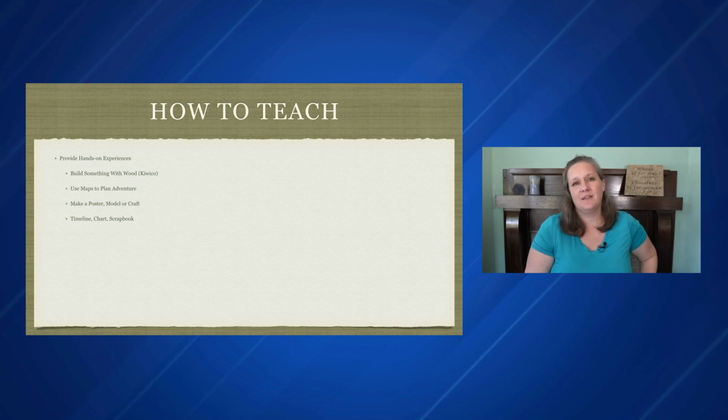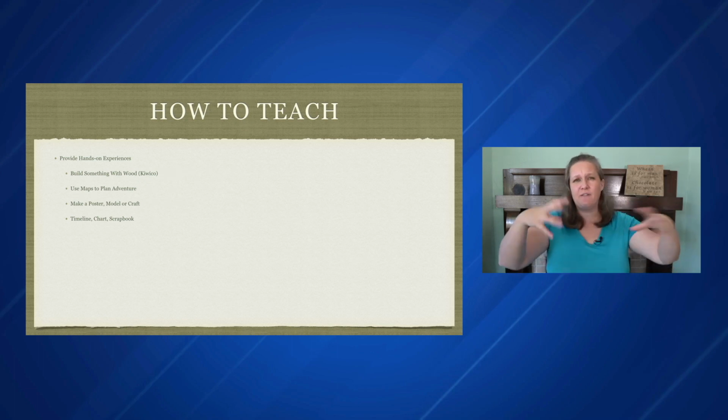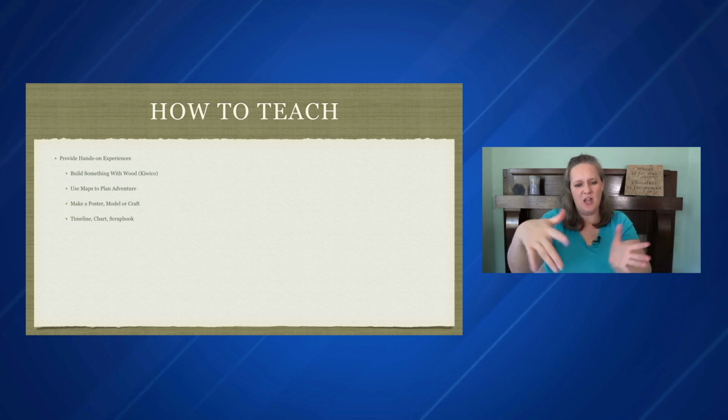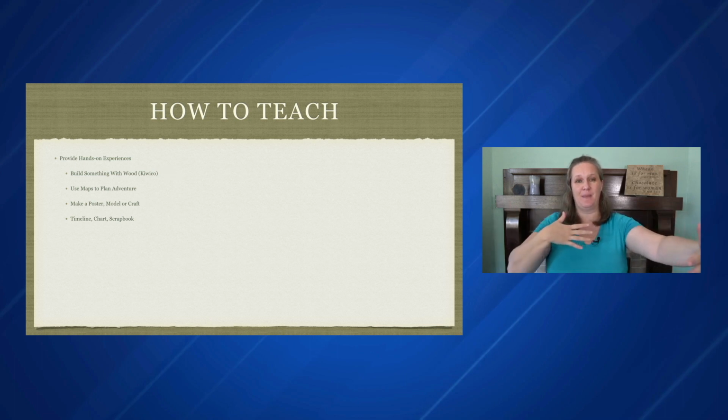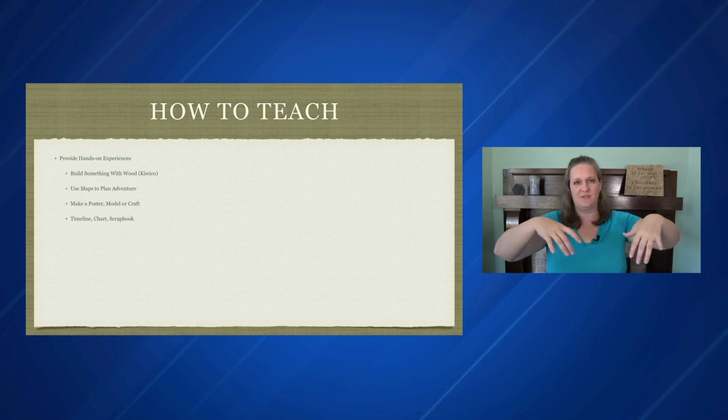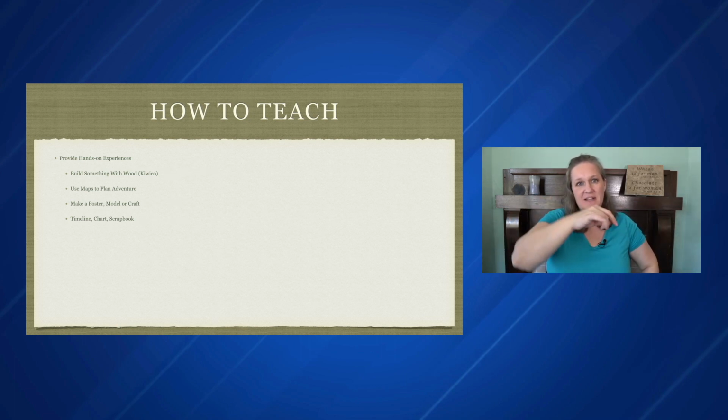And the other things on this list: make charts, make projects, make clay formations, or let them play in the mud. And somebody actually, this is so cool, we were doing World War I. And so the project that he came up with to explain World War I is he had a big old baking dish. And he filled it with mud, and then he chiseled out these different tunnels through it. And he put little army guys in there so you could see what it was like in World War I and how big they were and how many people they had crammed in there.